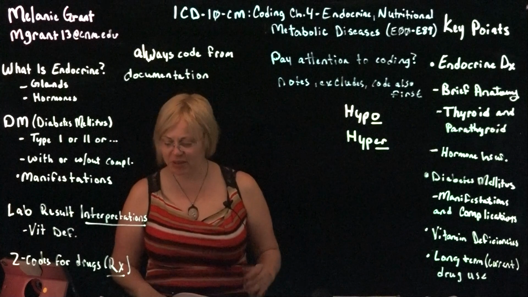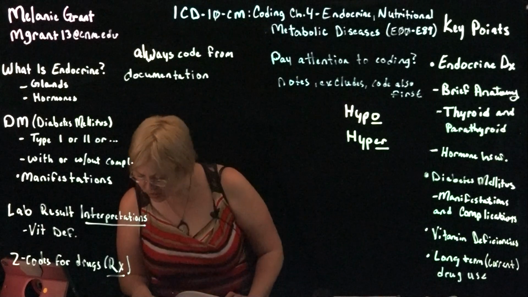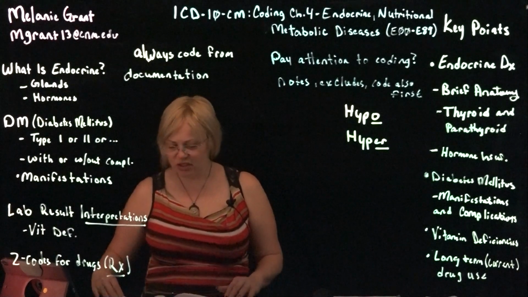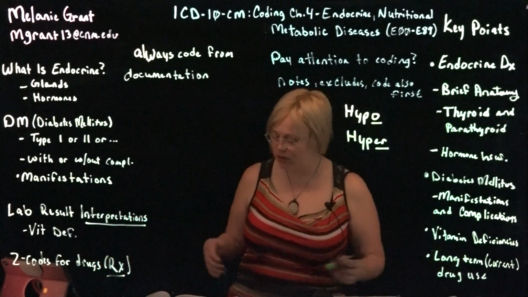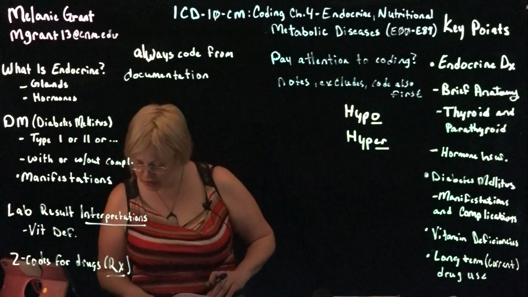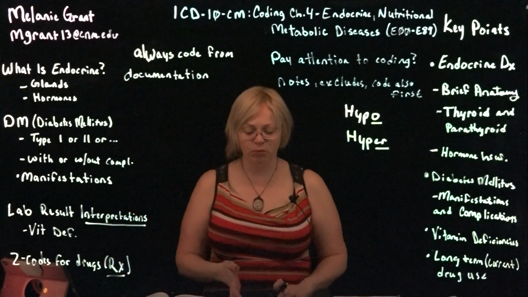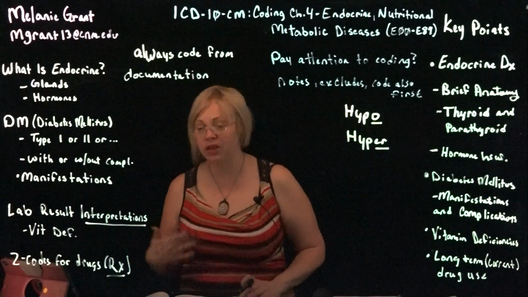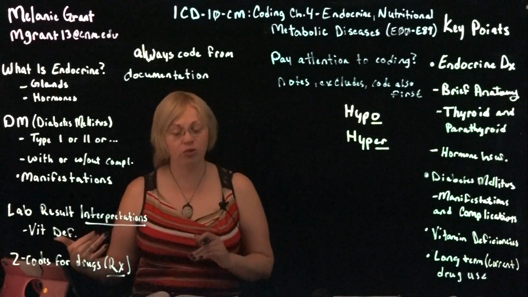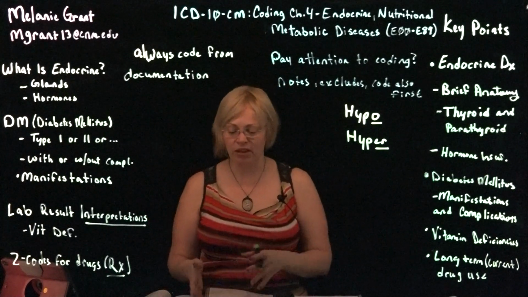Post-infectious hypothyroidism, again, you're looking at conditions from infections. Thyrotoxicosis with diffuse goiter, and you have a couple of different examples there. And so it breaks down these. So let's talk a little bit about what those are. Let's go ahead and we'll code together thyrotoxicosis with diffuse goiter without thyrotoxic crisis or storm. So as the thyroid gets worse, it has a couple of definitions you'll want to be familiar with, talking about goiters, talking about thyrotoxic crisis, or thyroid storm is another term for that,